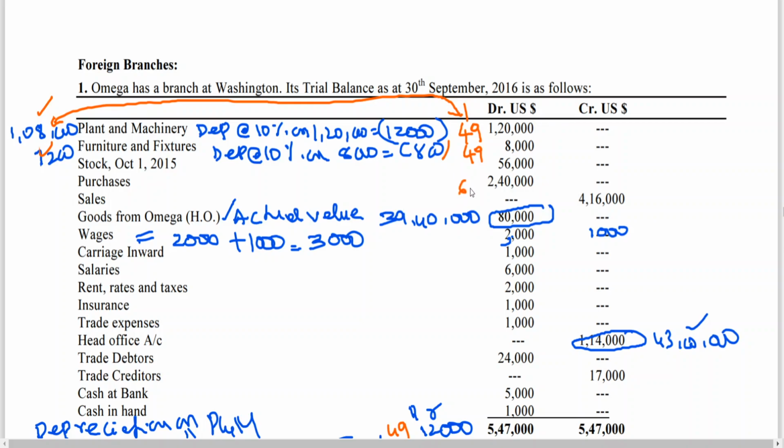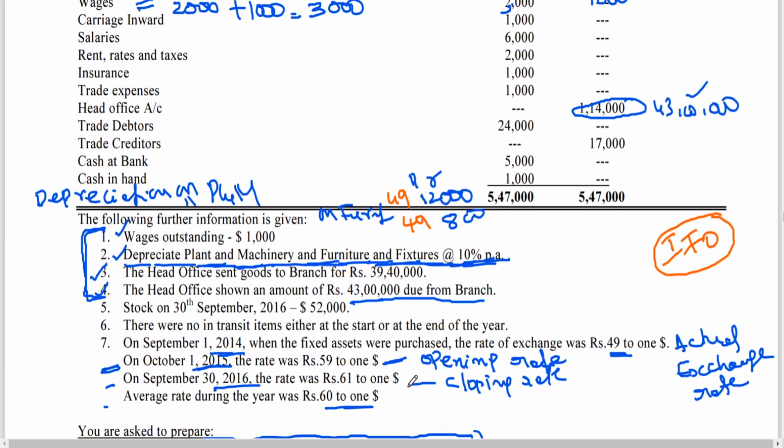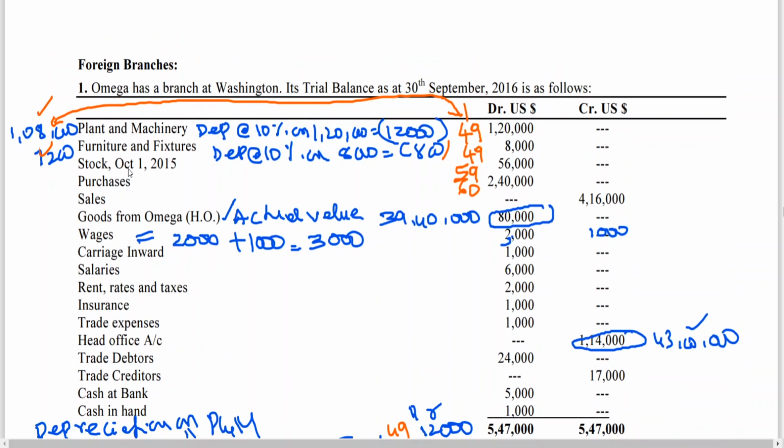So we got one more item. Sorry, opening stock. Opening stock, you know the opening rate. Actual exchange rate for purchase of goods of last year will become opening stock. For that also we don't have it. When you don't have it, use opening rate. What is the opening rate? That has been given, 59 rupees. We have seen that in the problem. Opening rate 59. So please remember, for opening stock in integral foreign operation, you should take the opening rate.